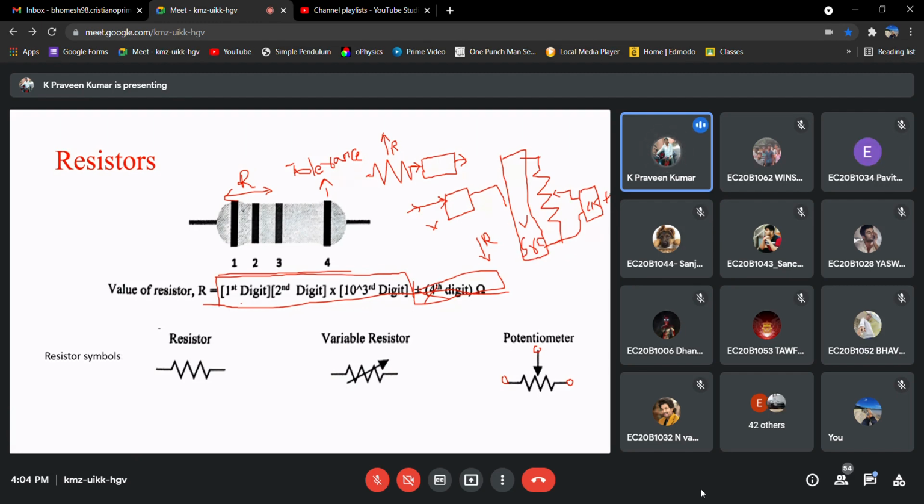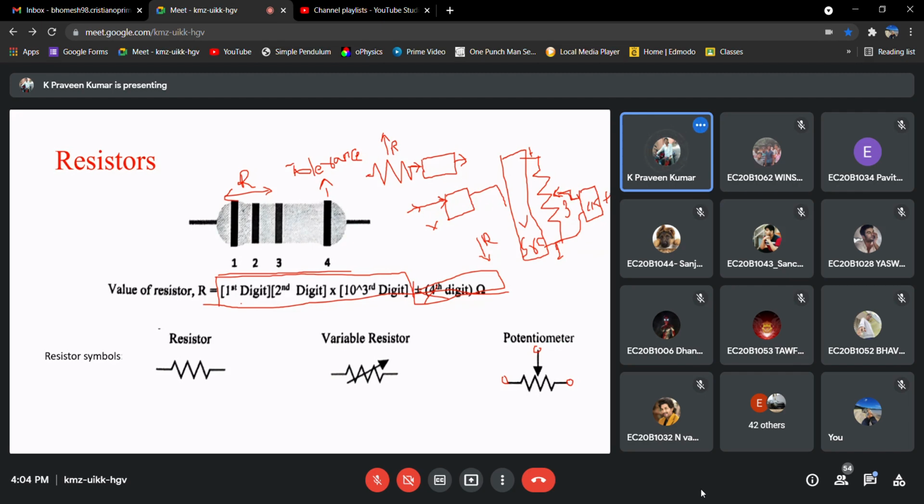Right. So when we'll be using the potentiometer, that is what I want to focus on. We'll be having these three terminals. I have connected one terminal here, a second terminal here, and the third terminal to one of the inputs of the circuit. So now what will happen?